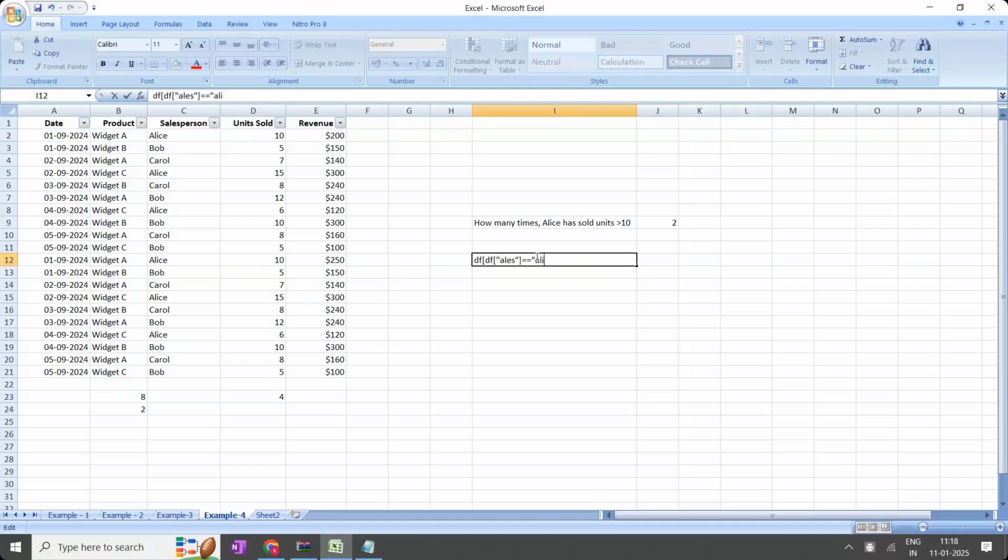I'm going to write Alice, and at the same time I require the units sold, df of units sold, greater than 10. These are the two conditions.